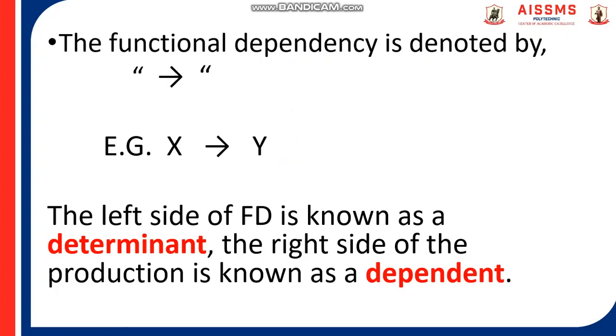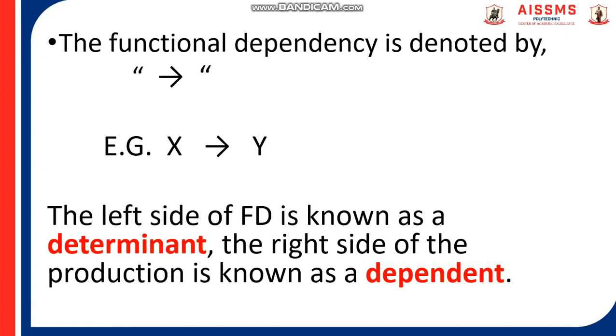Then how do we denote a functional dependency? A functional dependency is denoted by an arrow. I have given one example, X arrow Y. Here I am taking two attributes, X and Y. The left side of a functional dependency is known as the determinant. Left side means X, so the X attribute is the determinant, and the right side of the dependency is known as the dependent, meaning the Y